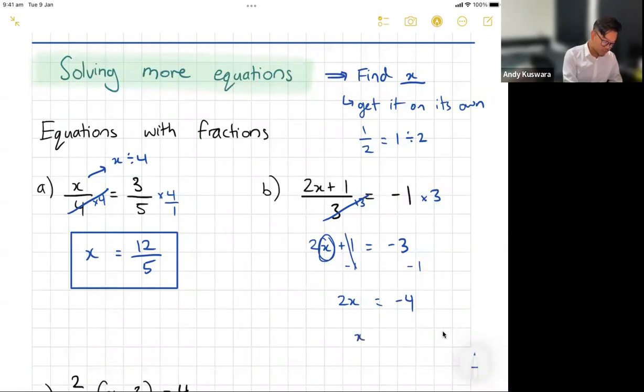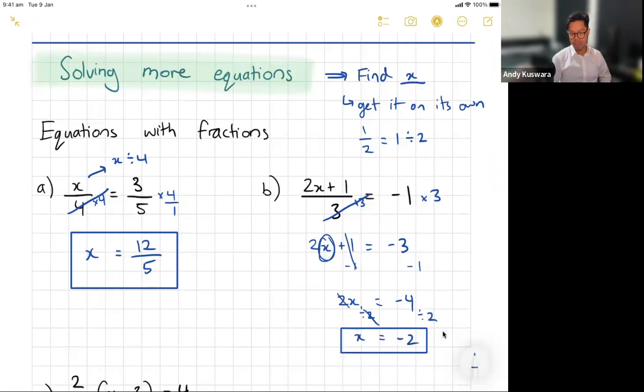So that's 2 times x. So the opposite of times would be divide. So I'm going to divide both sides by 2. And that's going to cancel out with that, leaving me with just x. And then I've got negative 4 divided by 2, which is negative 2. And I like to square off or circle my answers. So even though you've done all this working out that kind of looks a bit messy, you've got a clean